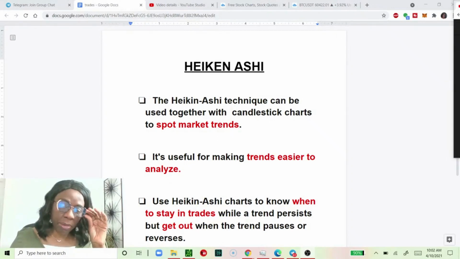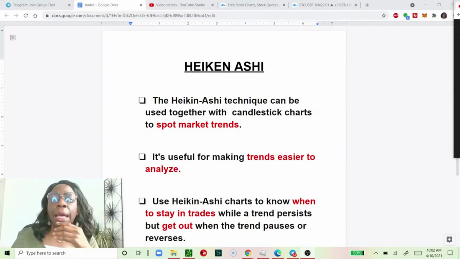I'm going to talk about HEIKEN ASHI candlesticks, and what on earth are they, and how can they help you to improve your day-to-day trading. At the end of the day, we trade because